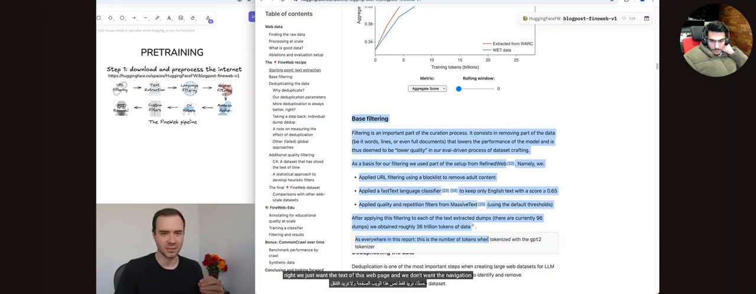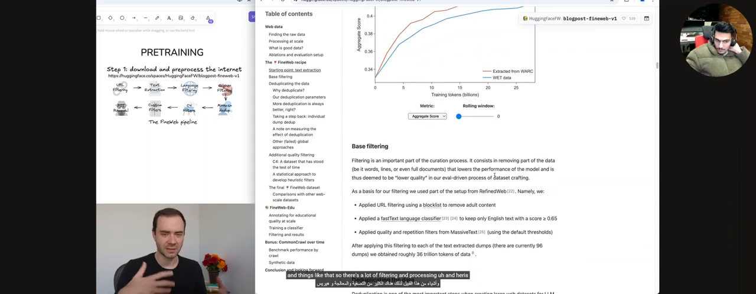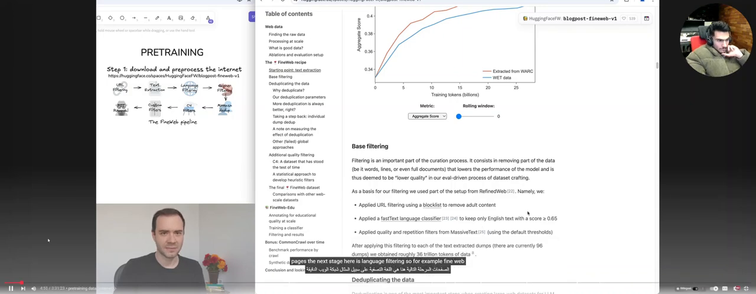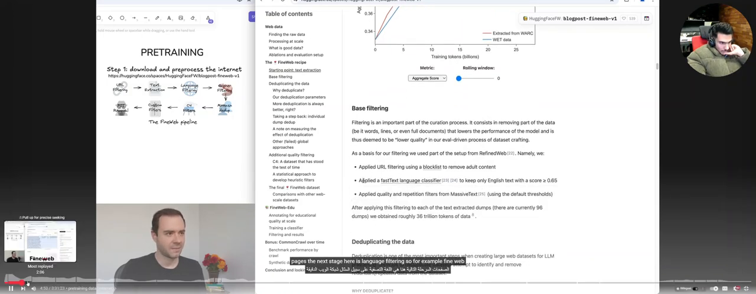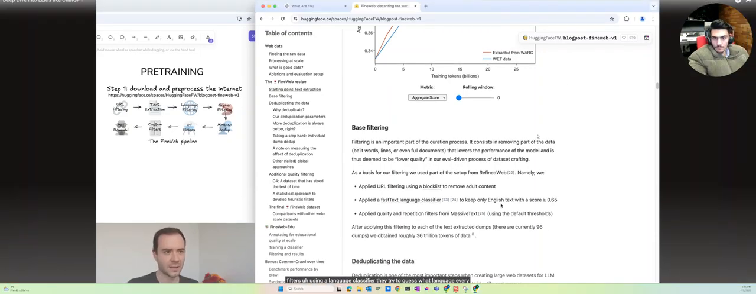We just want the text of this web page, and we don't want the navigation and things like that. So there's a lot of filtering and processing and heuristics that go into adequately filtering for just the good content of these web pages. The next stage here is language filtering. So for example, FineWeb filters using a language classifier. They try to guess what language every single web page is in, and then they only keep web pages that